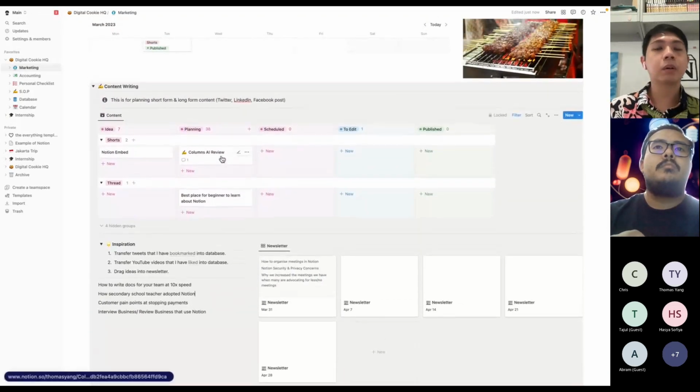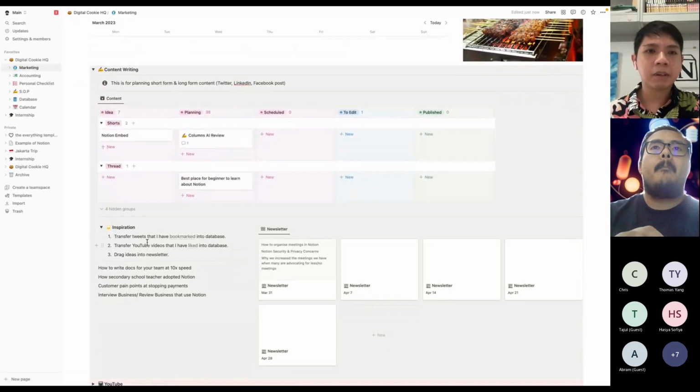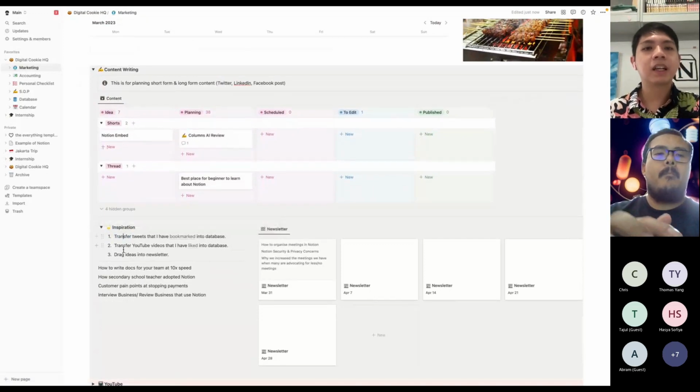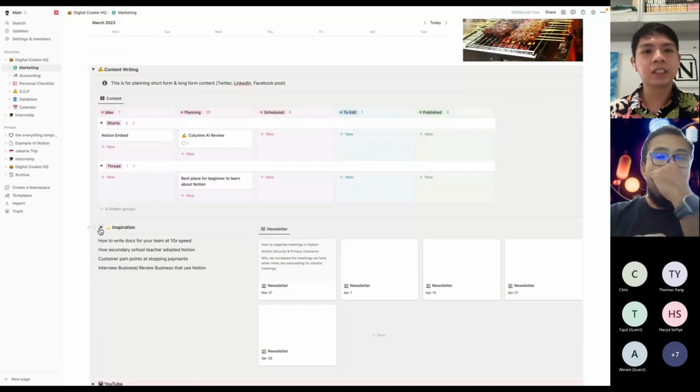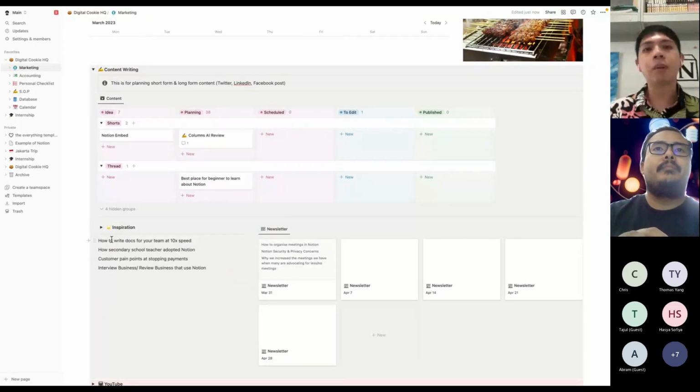If you have used something called Trello before, it's very similar, just a Kanban feature. The difference is that you can add a lot more step-by-step guides. For example, here I have how I can get ideas for my newsletter. And I can provide links. You can just provide guides. If I don't want to see this, I can just hide it. You can imagine this can be quite helpful in a team environment, when people go on leave or a lot of different people are working together. They can always have a systematic way of doing things.